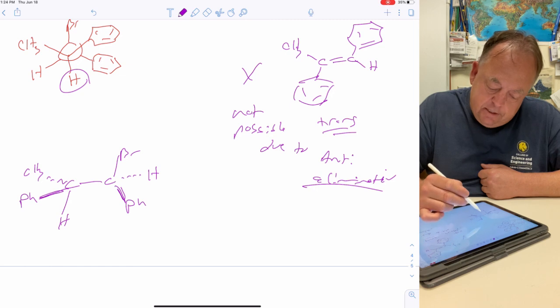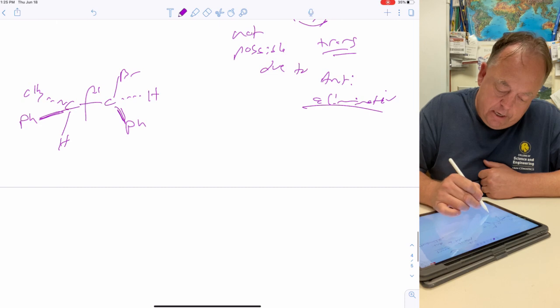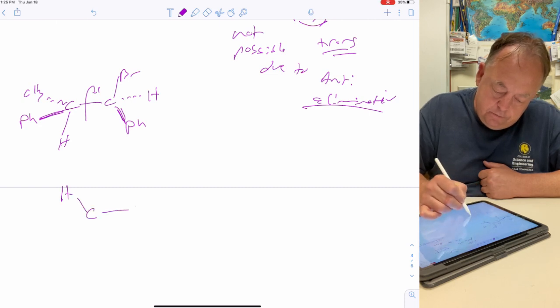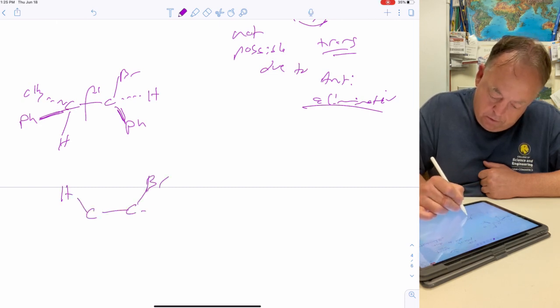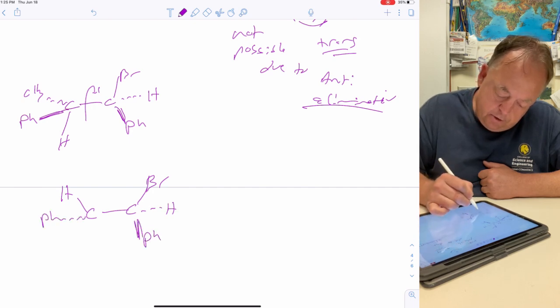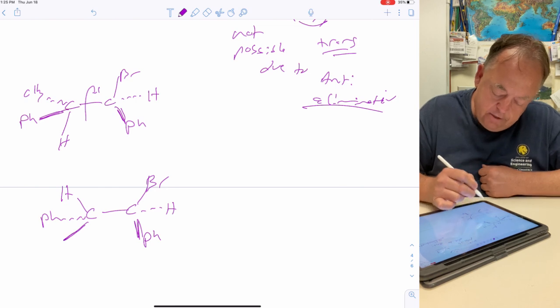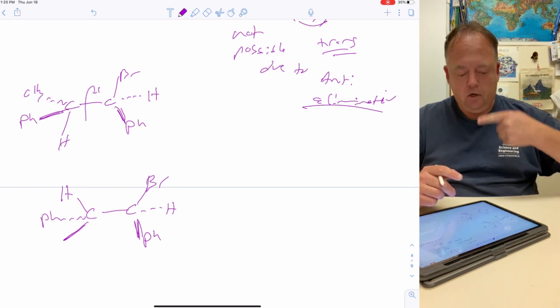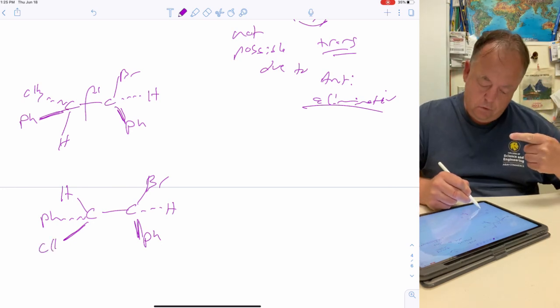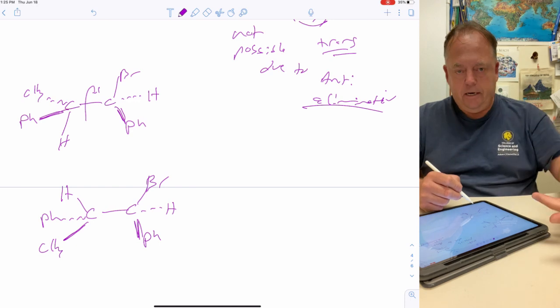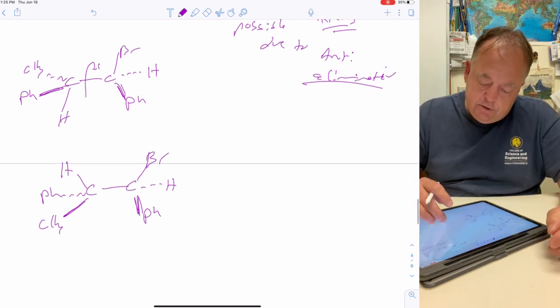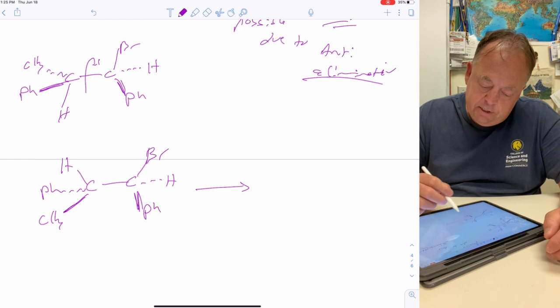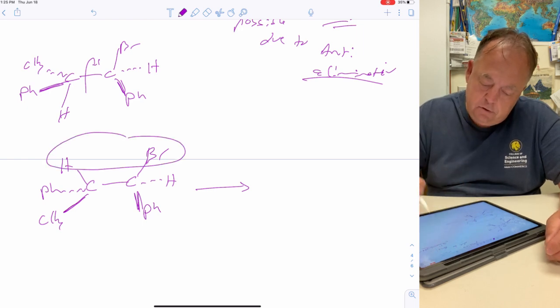So if we wanted the benzenes to be trans to each other, we would need to rotate around this bond 180 degrees. So that would put one of the phenyls back. If you rotate 180 degrees, the hydrogen comes up, the methyl group that is back comes out towards me, and the benzene that is towards me goes away from me. So if you did elimination there, losing HBr, then you would get